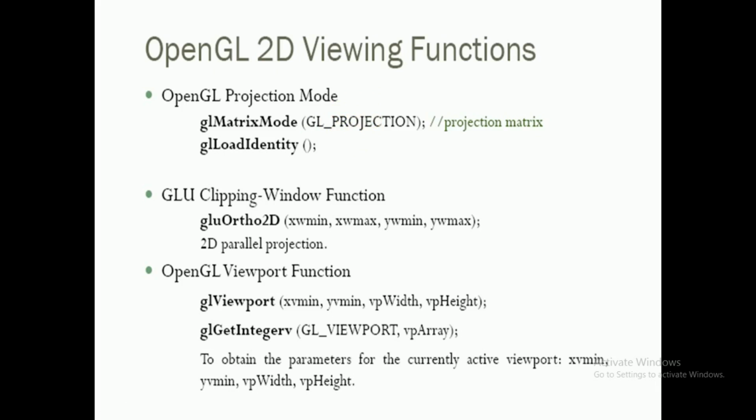Among these two, which type of projection will we use? By default we are using orthographic projection, right? Perspective projection is different. By default, in 2 dimensions, we use orthographic projection. That matrix you have to enable, using that mode, GL_PROJECTION matrix. Then glLoadIdentity means clear this matrix. If somebody has left some result in this projection matrix, we would like to clear it; that is the load identity matrix.